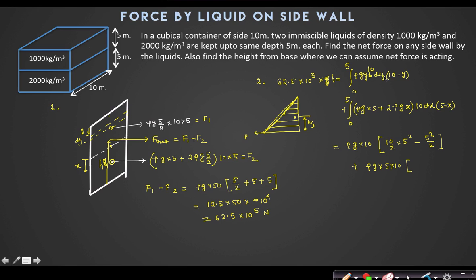I think we have done wrong calculation here. It is 10 into dy only. 10 into dy means 10 into 5. 10 into dy minus y dy. So it is also 5 into dx. 5 into dx is 5 into 5, minus x dx is x square by 2. Plus twice rho g into 10, and then it is